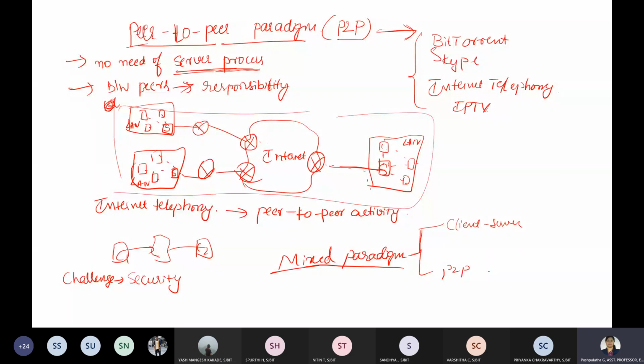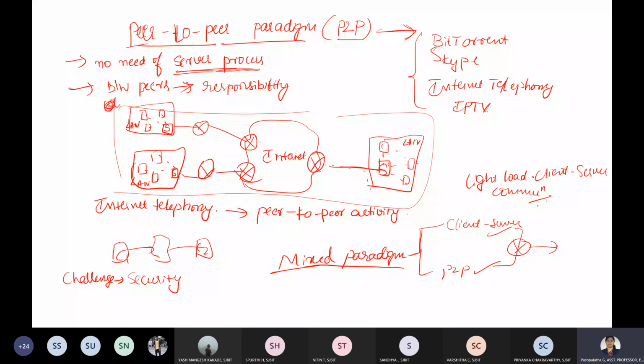Say, for example, in some applications with light load, client-server communication can be used to find the address of the peer that wants to offer some service.